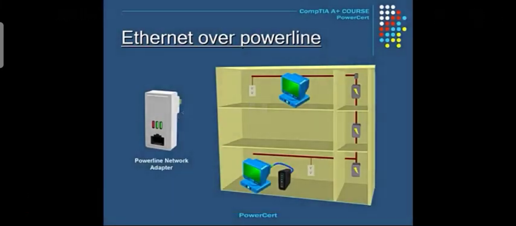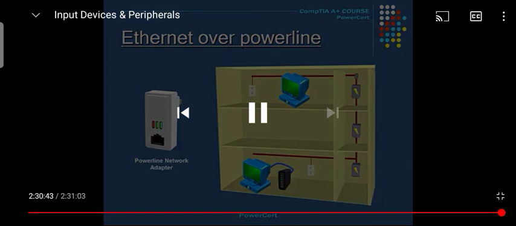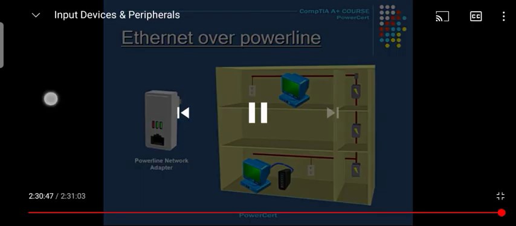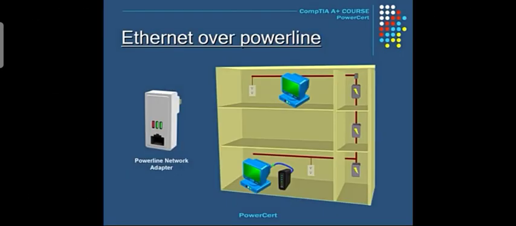These power line adapters plug directly into a power outlet, and they have a built-in Ethernet port for an RJ45 connector. So one of them plugs into the power outlet next to this computer up here, and then you will connect an Ethernet cable from the network port of the computer and the other end into the power